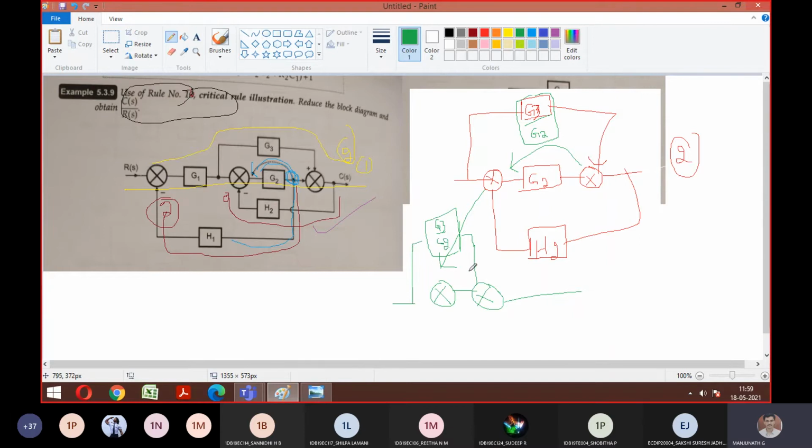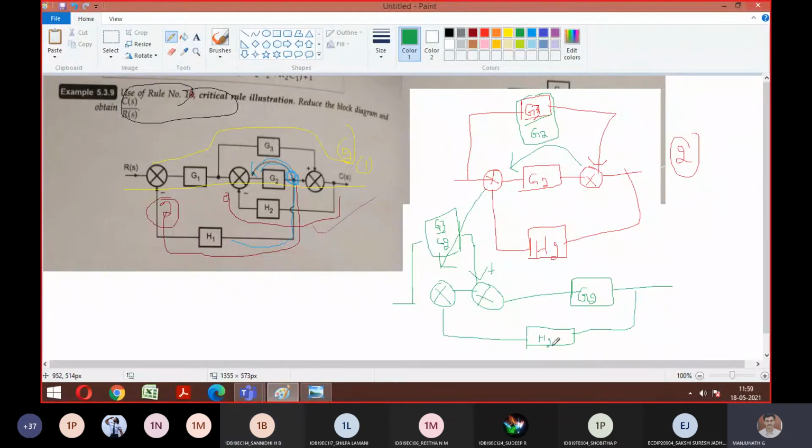Okay. So look at the things carefully. So here plus is there. So here you have G2. Okay. And here you have H2. So is it how it looks after doing the thing what I told? Everyone, is it okay till here? So this is G2, this is H2. So observe the things carefully.